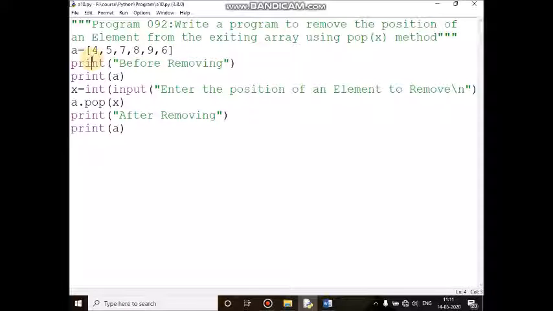In the immediate next line, I am going to print the message on the screen, before removing. After displaying this message, I am going to print the array values: A of 0th location 4 will print, A of first location 5 will print, A of second location 7 will print, A of third location 8 will print, A of fourth location 9 will print, A of fifth location 6 will print. After that I am going to read the x value